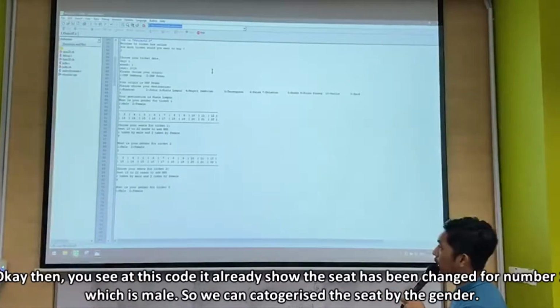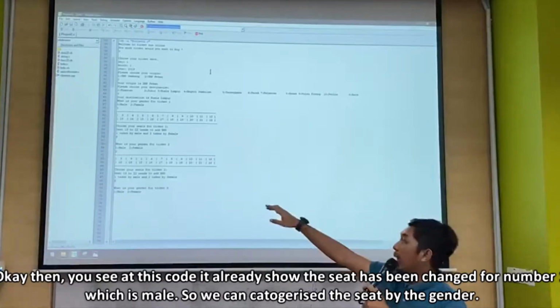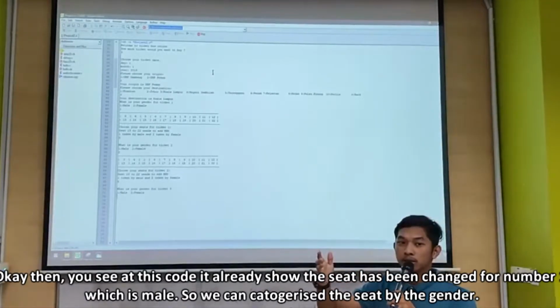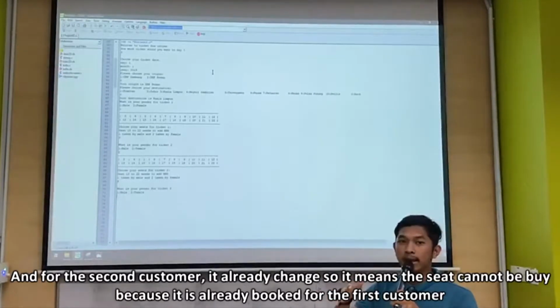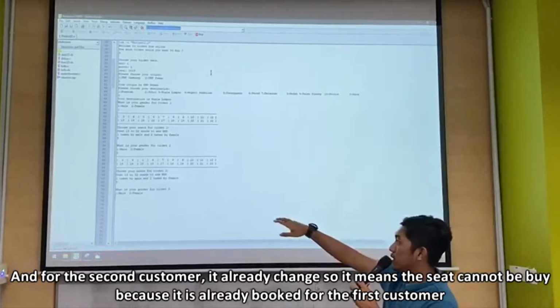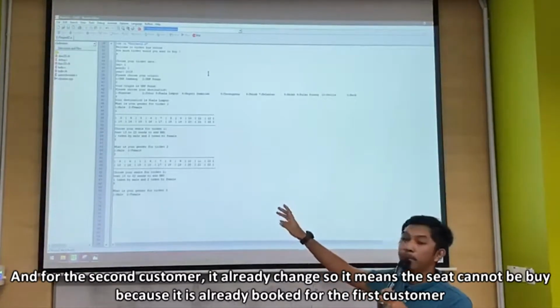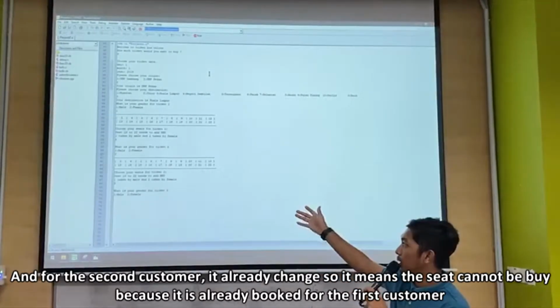Okay, then you see in this code, it already shows that the seat has been changed for number 1, which is male. So we can categorize the seat by the gender. And for the second customer, it already changed, which means the seat cannot be bought because it's already booked for the first customer.